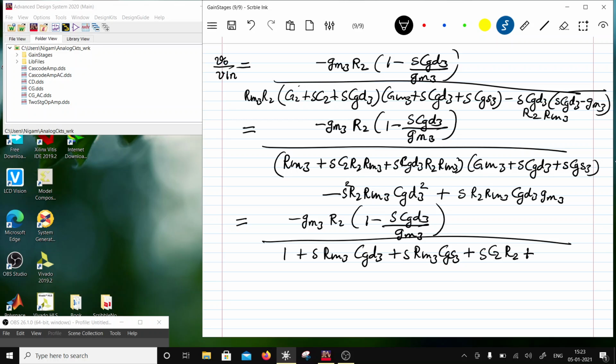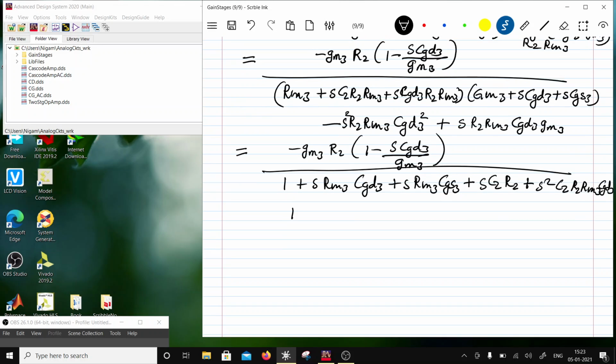Then I will have this term multiplying that one, that will be S square C2 R2 Rn3 times of CGD3,